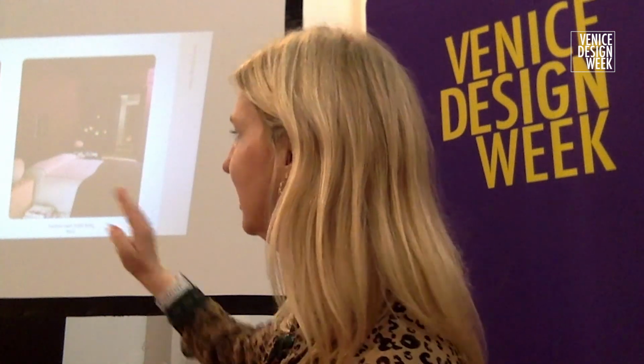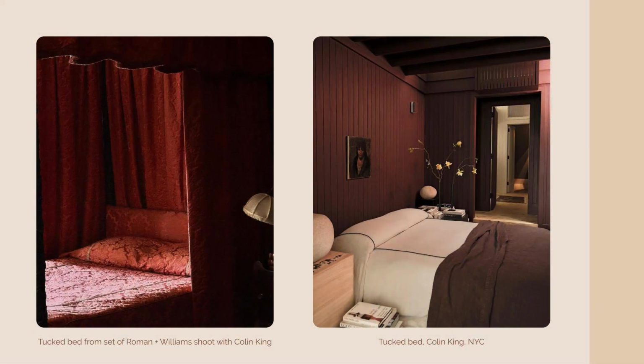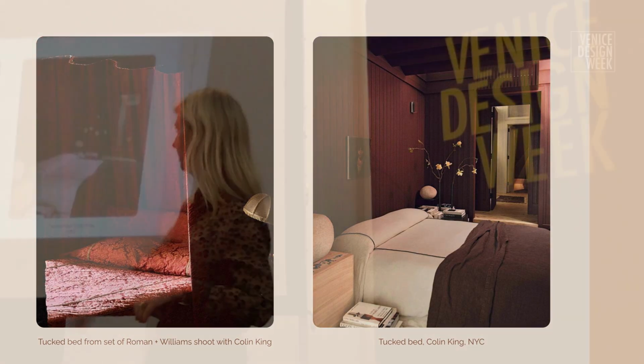The room on the left is a room style, well, this is Colin King working with the design brand Roman & Williams. And I'm not sure if this is something he styled himself. It looks like it was the area they were shooting. It's sort of unclear. But either way, if he styled this himself or if it was in the space where they were doing the photo shoot, it has clearly influenced him in his own design with his own bedroom, as he has sort of these oxblood walls, which I find reminiscent of a lot of these dark, dark red beds, and the simple pillow top. We also have this sort of historical looking portrait, too,